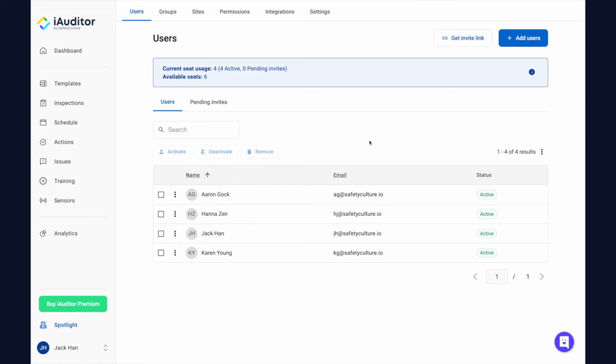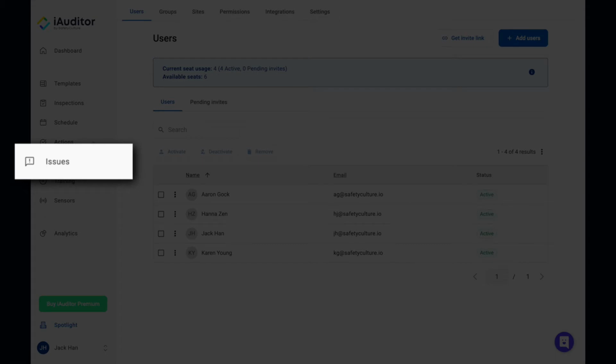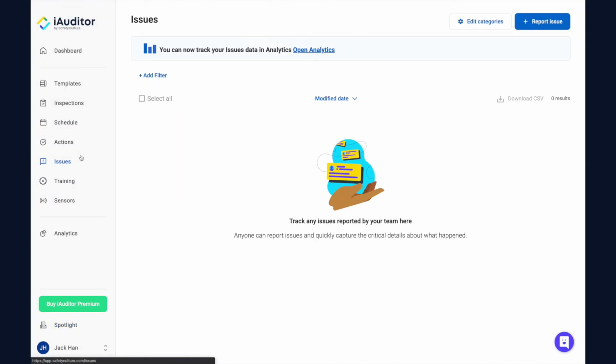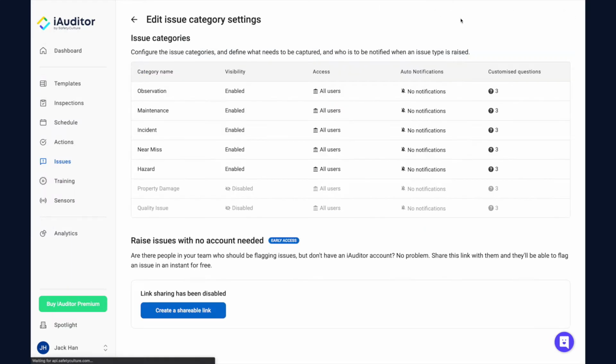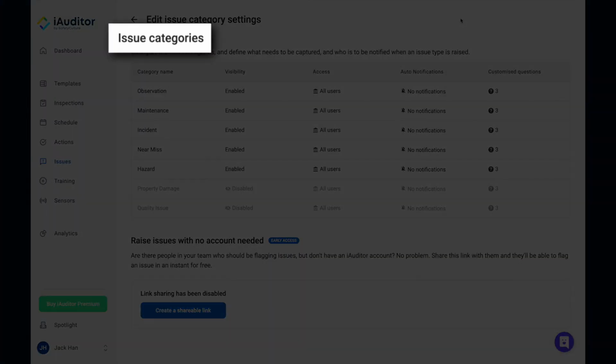Now that your team is set up in iAuditor, let's prepare your incident capturing with what we call the Issues feature. From the Users page, select Issues from the menu on the left-hand side. Then, click Edit Categories at the top of the page. In Spotlight, you may know these as incident tags, where in iAuditor, we call them issue categories.